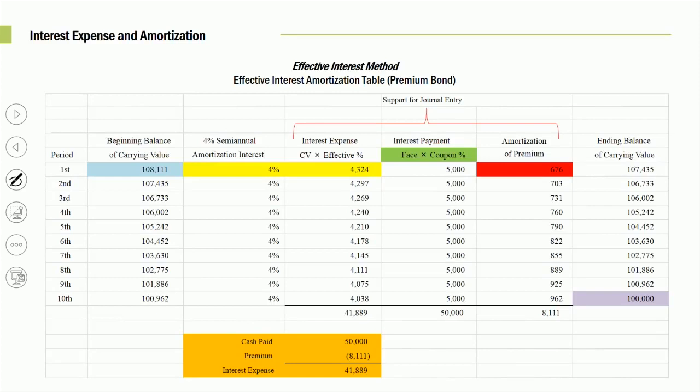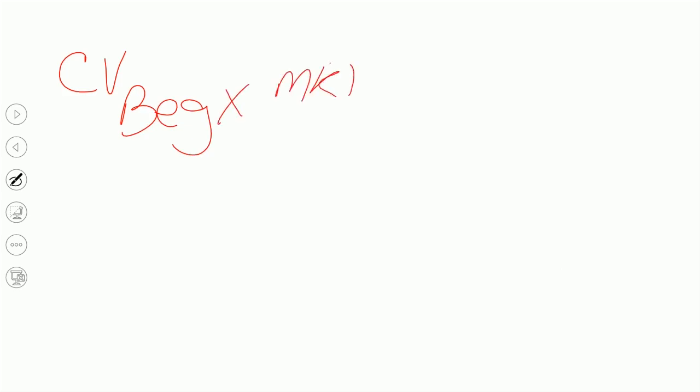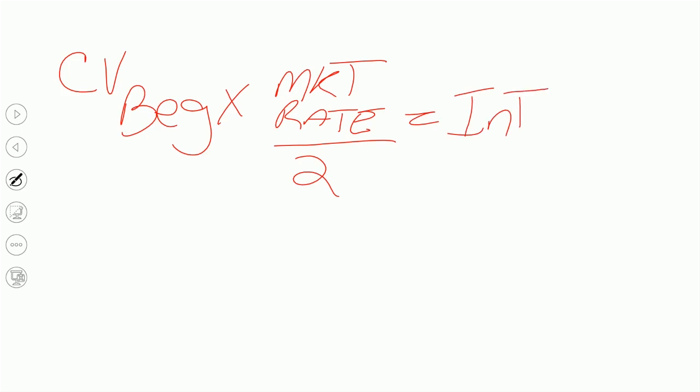Okay, guys, taking a look at an amortization schedule. If you need to fill in a missing piece of the puzzle, how do we always get our interest expense? Our interest expense is always a function of the carrying value of the debt at the beginning of the period times the market rate at issuance, and assuming it's semi-annual, don't forget to divide that by 2. And therein lies your interest expense. If you're doing the effective interest method, that's how we get our interest expense. If you're doing the straight line method, then we're going to back into it as we just saw.